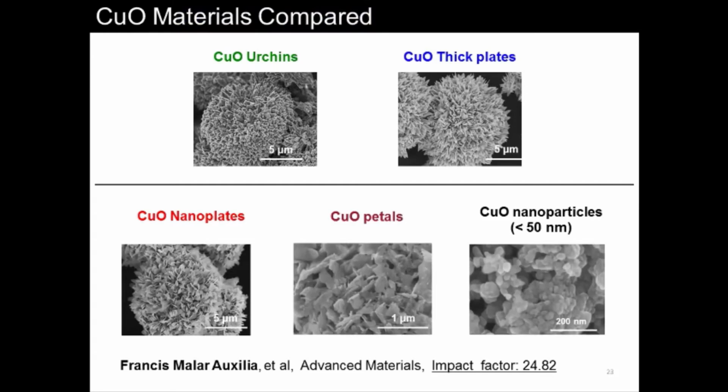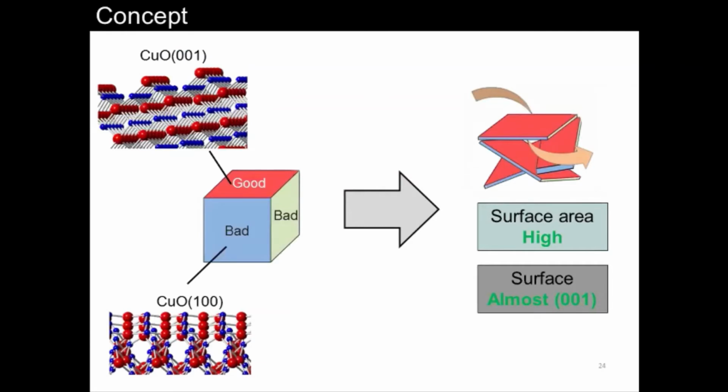the various copper oxide based nanoparticles in terms of their morphology. So here we use copper oxide urchins, then copper oxide thick plates, copper oxide nanoplates, then copper oxide petals, then copper oxide nanoparticles, the particle size being less than 50 nanometers. So here the copper oxide 001 phase seems to be a good phase, and the other phases are bad in